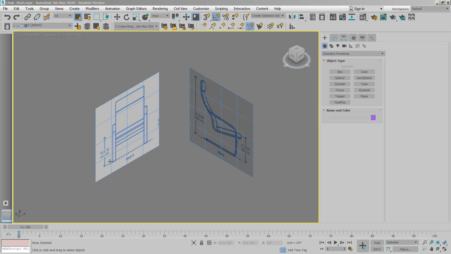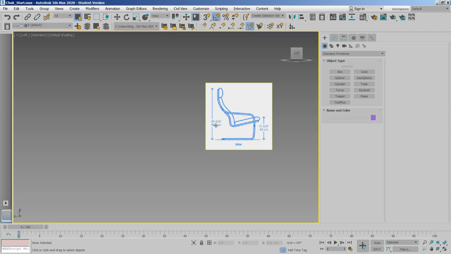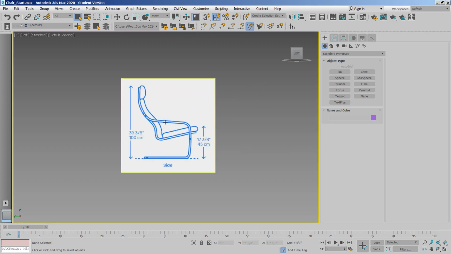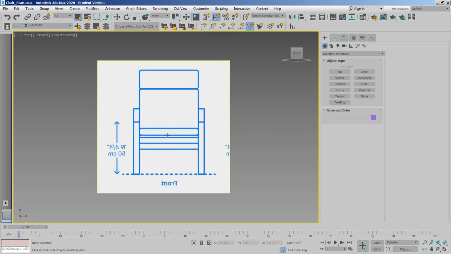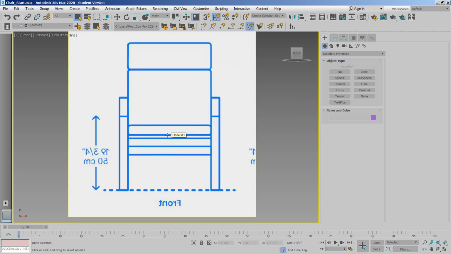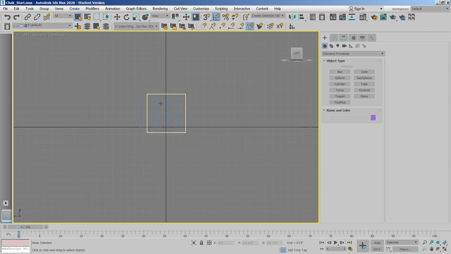In one file here that you should have accessible to you called chair start, I've placed images of the front and side of the chair. So if you switch rapidly to, let's say, the left hand view, you'll see the chair in that view, and if you switch to the front, then the front view. So I'm going to start here in the left-hand view